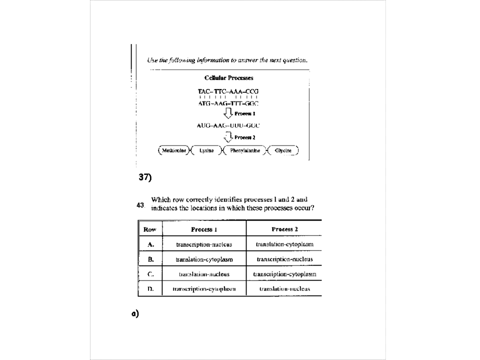Alright, so it says use the following information to answer the next question. So we're looking at 2 different processes here, right? We've got the first one, we've got DNA, and it's being used to produce RNA. We know this must be an RNA because it's got the U's involved, right? So this has got to be transcription. Then the next thing is taking RNA to produce all these amino acids being joined together. In other words, this is translation. So process 1 is transcription, process 2 is translation. And again, as this answer here says, answer 1, transcription is in the nucleus, translation is in the cytoplasm. All right?